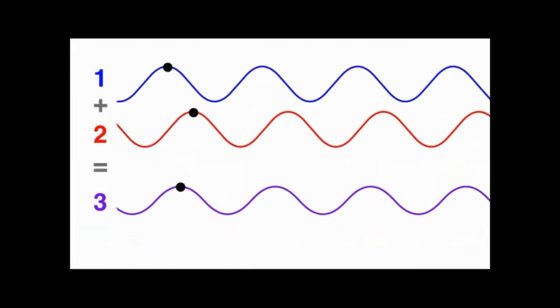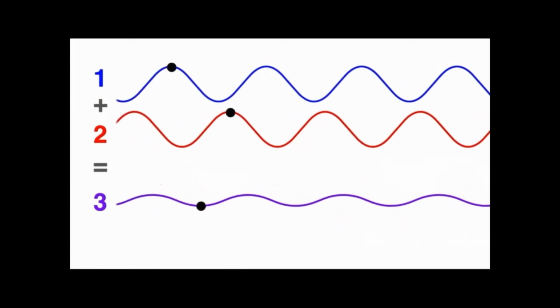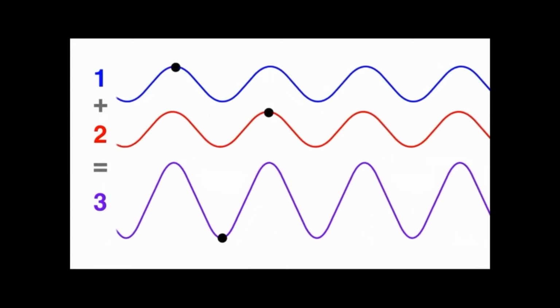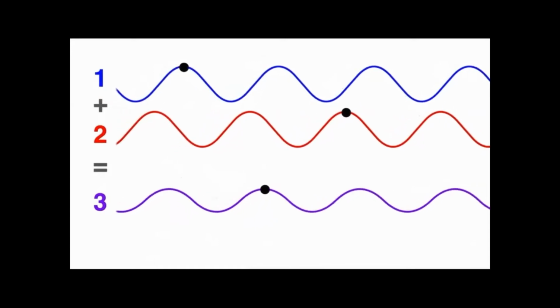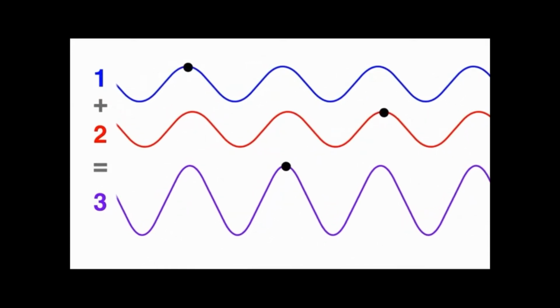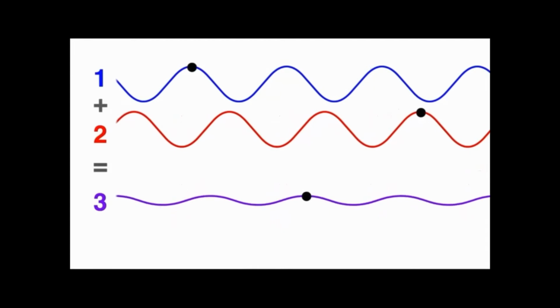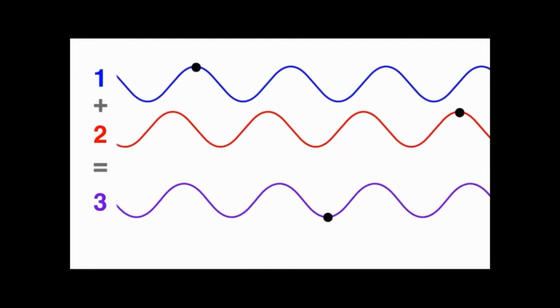It gets more interesting when one wave is moving at a different speed than the other one. The result is a different wave, but one that has a different speed than either of the two. That's super important, so let's just take a careful look at it. If we add the two top waves, which have different speeds, the bottom wave also moves, but slower.